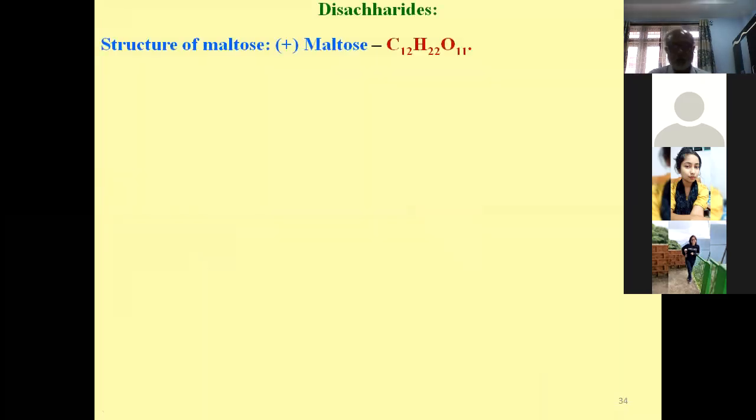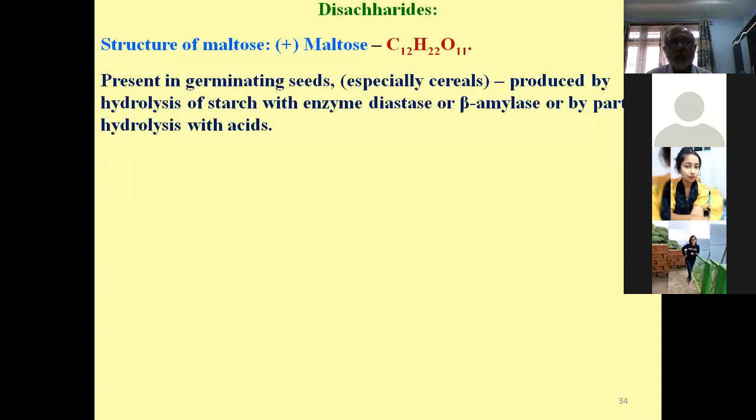Structure of maltose. Already we have seen the structure. I have intentionally given the structure at the beginning so that when we elucidate the structure, you understand the different points. Number one, it is the source of maltose. Why do you get maltose? Maltose is present in germinating seeds, especially cereals. Germinating seeds, that means seeds which are germinating. So if you have cereals,